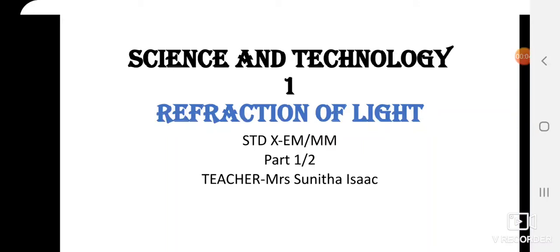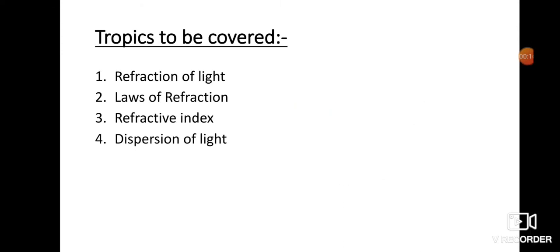Today we'll do Science and Technology 1. The chapter we'll be doing today is Refraction of Light. We'll do this chapter in two parts. Today we begin with the first part. The topics to be covered in this chapter are refraction of light, laws of refraction, refractive index and dispersion